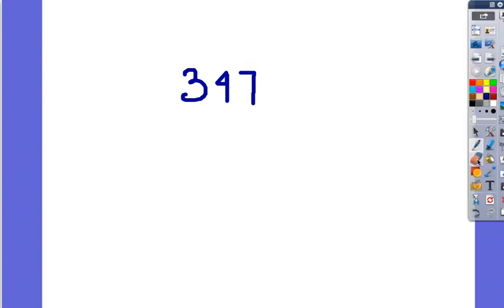Alright, so my first problem is 394. Man, sorry, I really apologize. My computer is so slow tonight. I'm not sure what's going on. 394 divided by